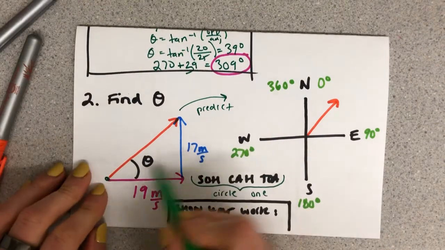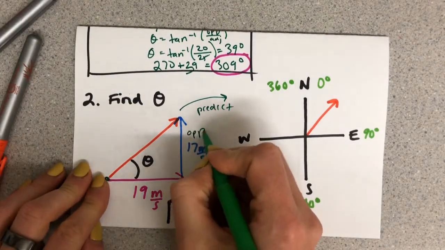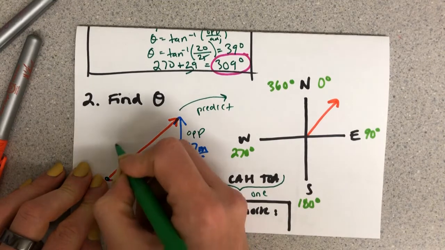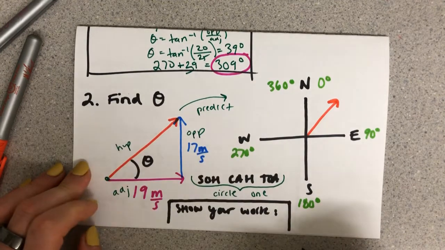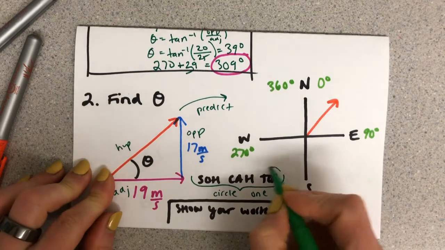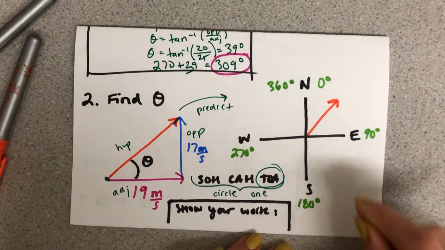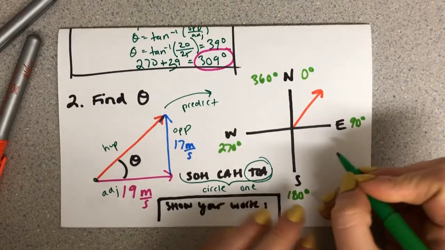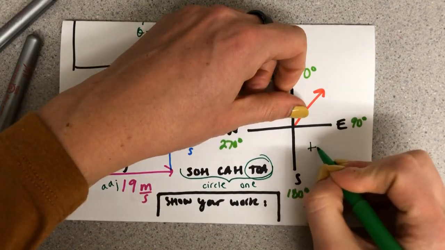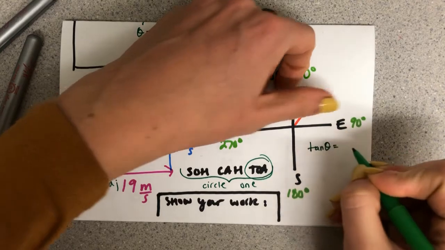And I have the opposite and the adjacent. I don't have the hypotenuse. This is the resultant over here, so I'm gonna use tangent again. And I don't have enough room right here to show my work, so I'm gonna do it right over here, okay? So I'm just gonna go ahead and say tangent theta equals